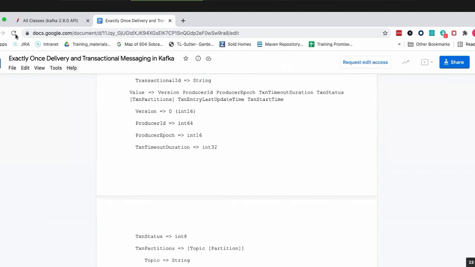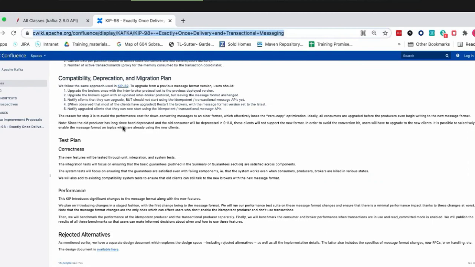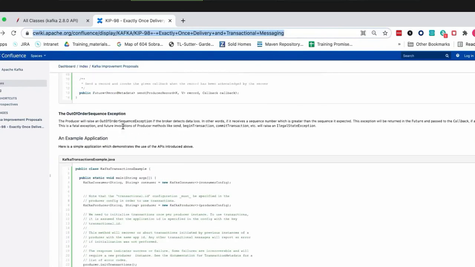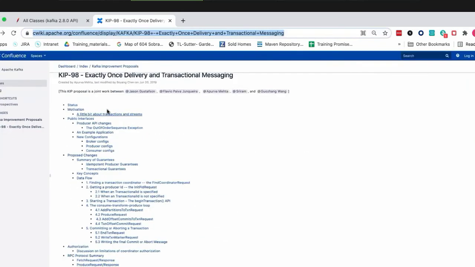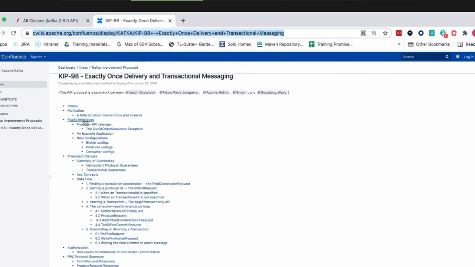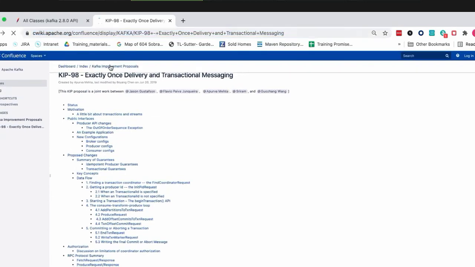But the whole point to this is, any feature that is in Kafka that you want to understand and know about in more detail, you can find in the KIP, Kafka Improvement Proposals. All you have to do is come to the main page, KIP, and then you can search for it.